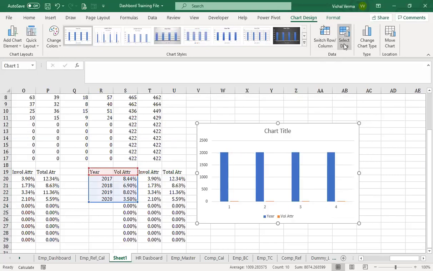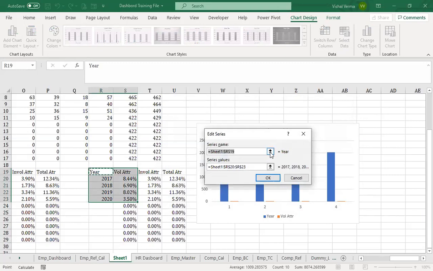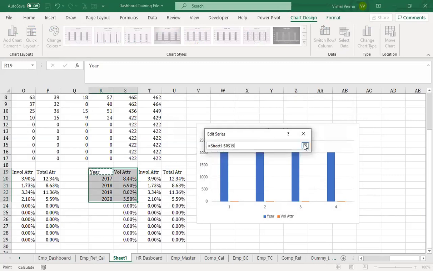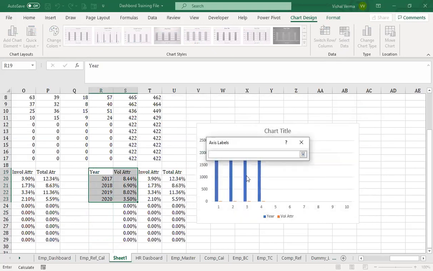Okay, so we need to select the data. We need to edit this data. So the sheet will be this, and the series ID will be till here. Click on OK, and edit this and put it as from here to here.